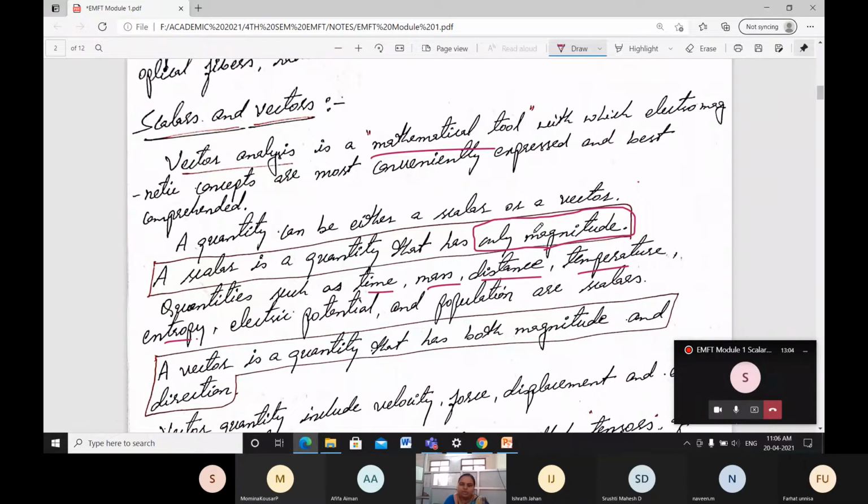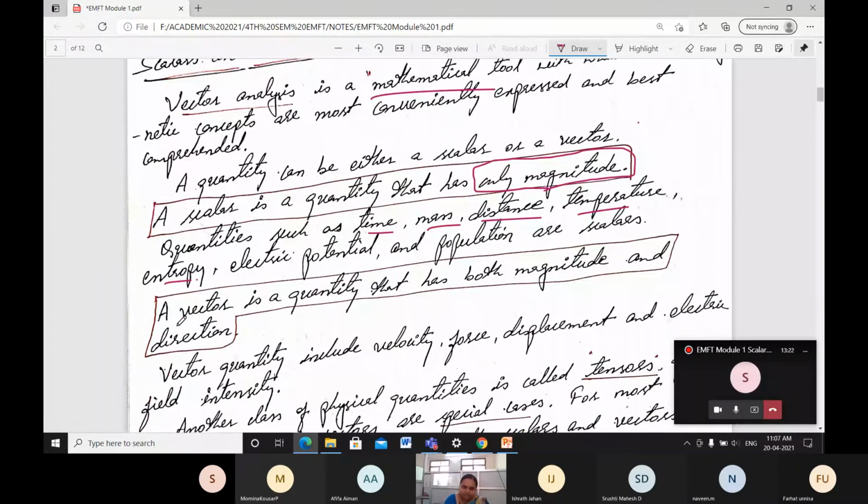How do we represent temperature? In degrees Fahrenheit. Distance in meters, mass in kilograms, time in seconds or hours, it depends. Whatever you represent, if it has only magnitude, it is a scalar. If I represent something as a vector, it should have both magnitude and direction. Scalar means it has only the magnitude part, but a vector should consist of both magnitude and direction.